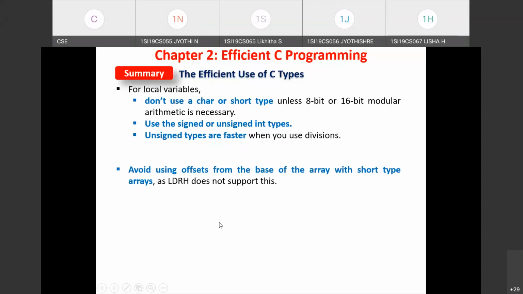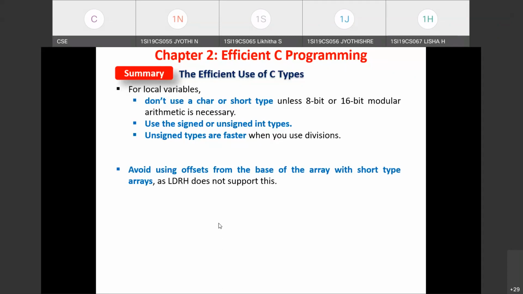And one more point you have to remember is to avoid using offsets from the base of the array with short type arrays. That means if you are going for the indexing method, we saw the data packet checksum routine where we use the statement sum is equal to sum plus data of i, where the base address is kept constant and the index value increases. In that case, since the LDRH instruction supported in ARM doesn't support scaled immediate offset addressing mode, the compiler has to add one more instruction to get the index value, and that value has to be added to the base address.